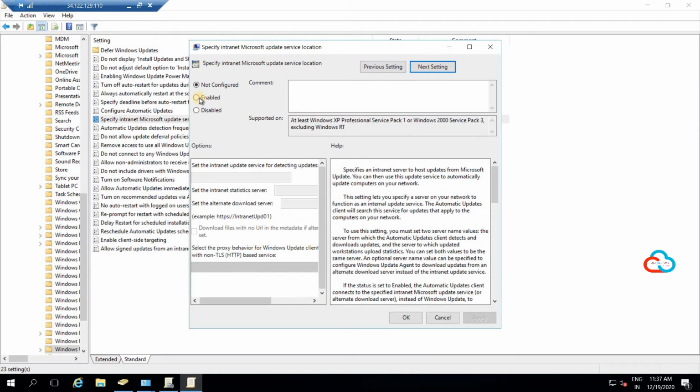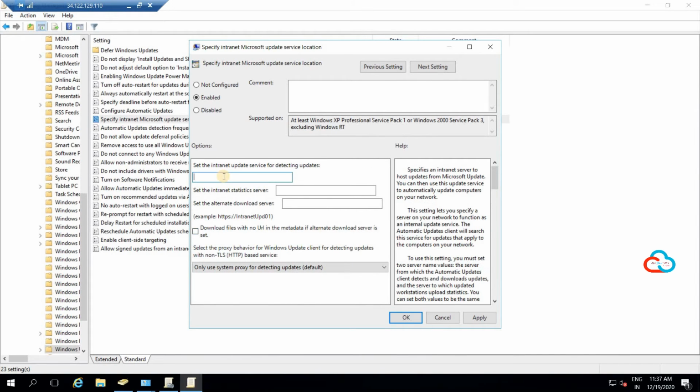Here you need to specify the WSUS server name. Because we are using the non-secure port, it would be http:// and the machine name.